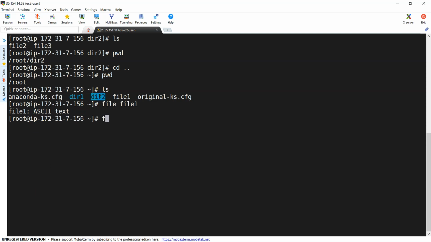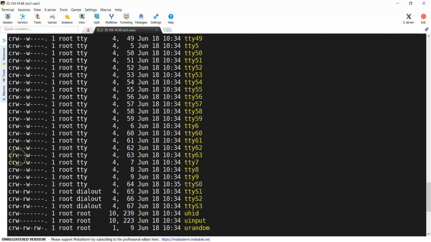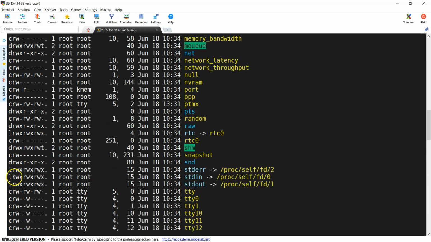If I give the same thing on dir2, you can see here it is saying that this is a directory. In a similar way, we have different kinds of files. You can check those files under dev. Dev is nothing but device. I am going there, and if I do ls -l, you can see the starting character of this one is c, b is there, and also l is there.